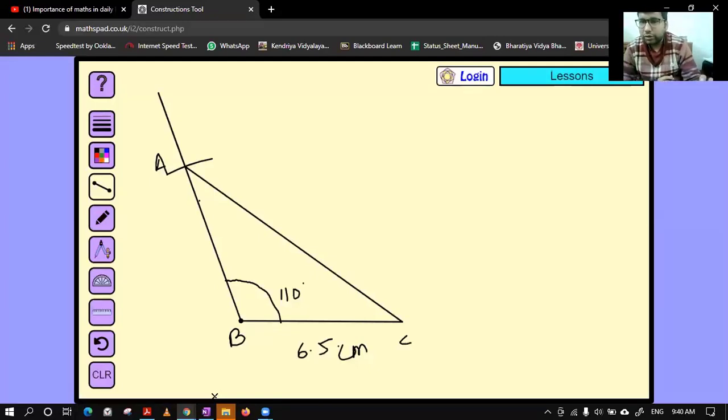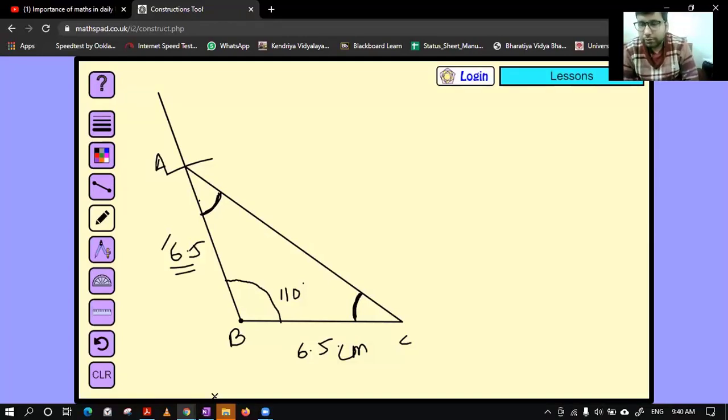What we have done is, first we have drawn the side BC, then we have drawn the angle. After that, to find the position of A, we had to take an arc of AB length 6.5 centimeter. So we have got an isosceles triangle like this. Can you tell me the measurement of these two angles? Although they are not given to you,